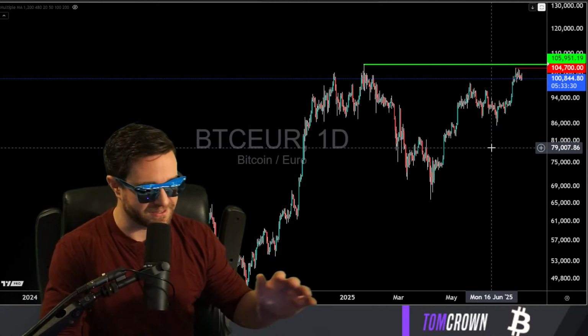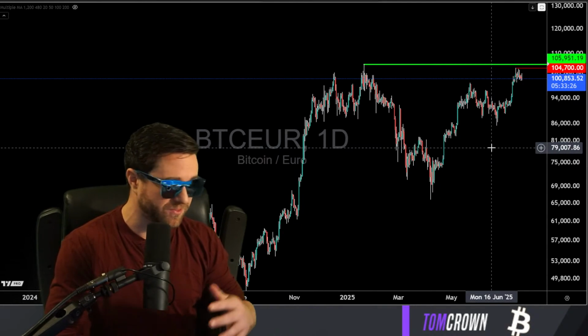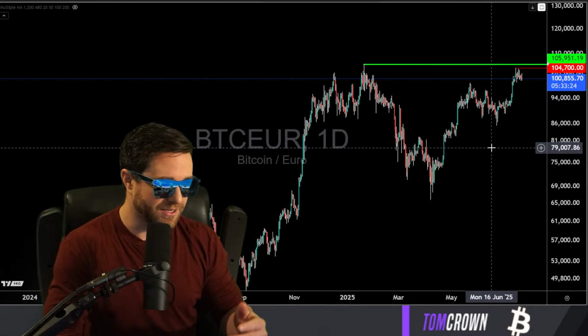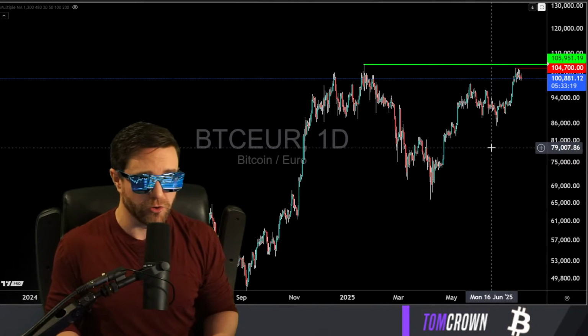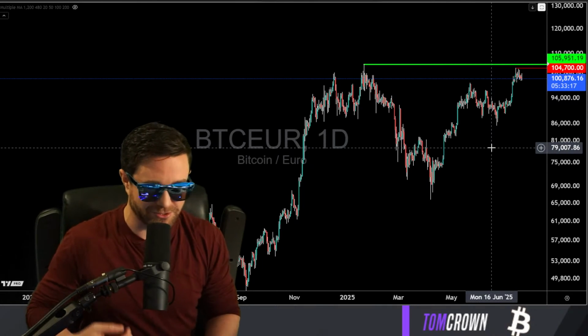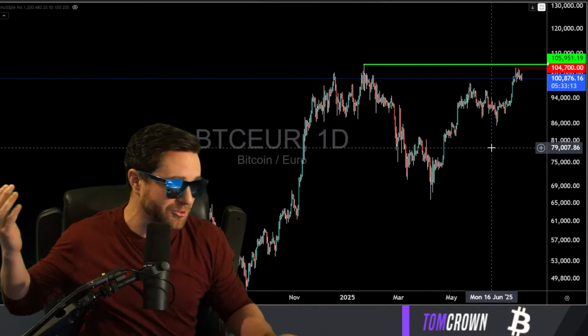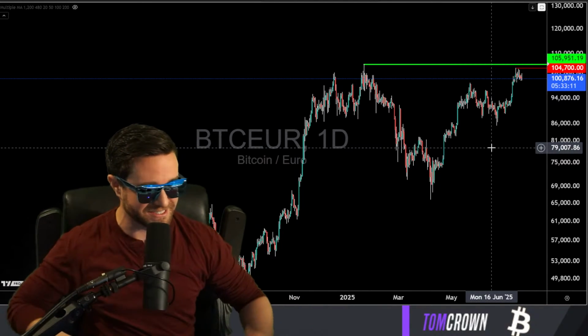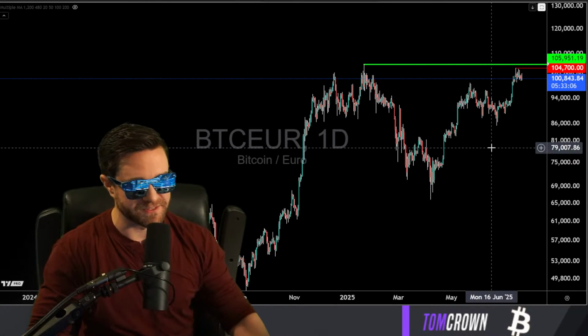It makes sense in the fact that the euro is stronger, the dollar is weaker. A lot of BTC USD is likely a reflection of a weaker dollar. But it certainly isn't a reflection of lesser buying. Saylor alone is likely a greater buying source than we've ever seen in Bitcoin, arguably bigger than all of retail in the last cycle, right? So it's not solely because of the dollar.